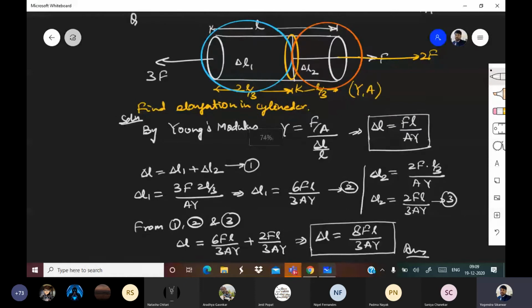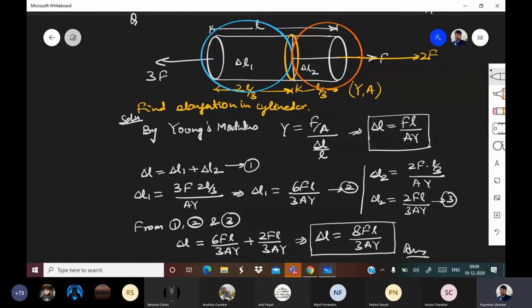Okay. Now look at the diagram once again and look at how I bifurcated the parts. I bifurcated it into two small questions basically: how much is the increase in length in one part, which is delta L1, and how much is the increase in length in another part, which is delta L2. And on what basis did I bifurcate? On the basis of where the force is acting.